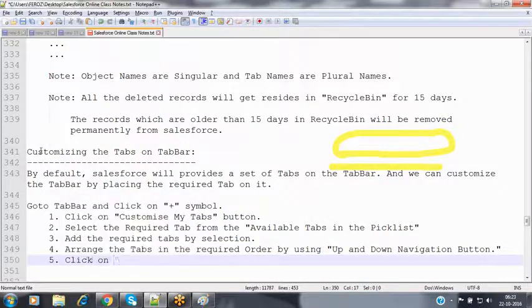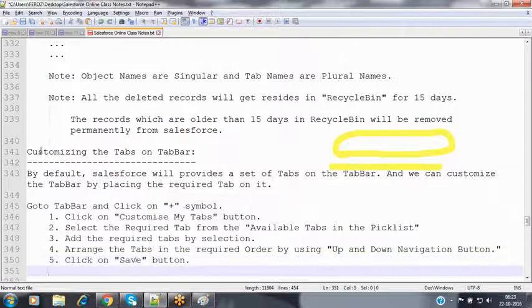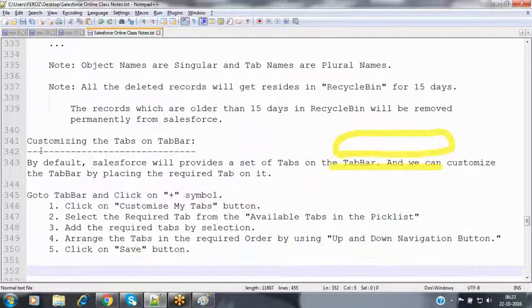Then click on the save button. Now this is the navigation.